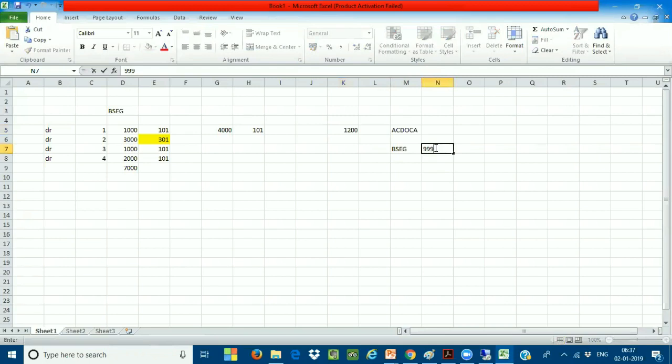In the ACDOCA table we don't have any issue, but when I come to the BSEC table, it will automatically split the line items into two documents. Very, very important. The first document will be posted up to 999 line items, and whatever is left over, the remaining 201 line items, will get posted into the second document.